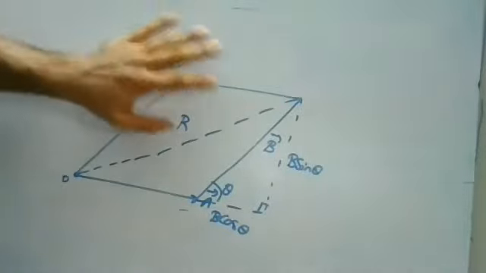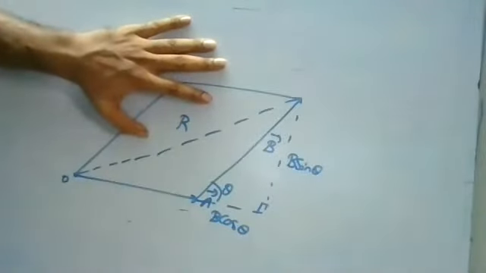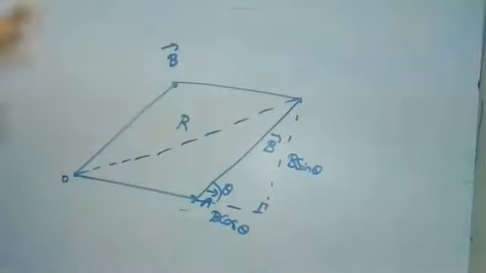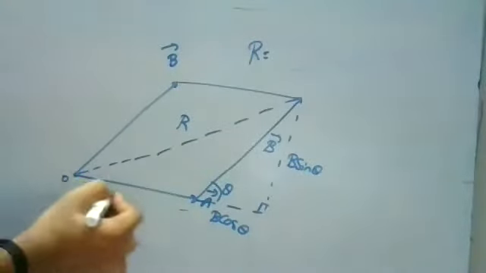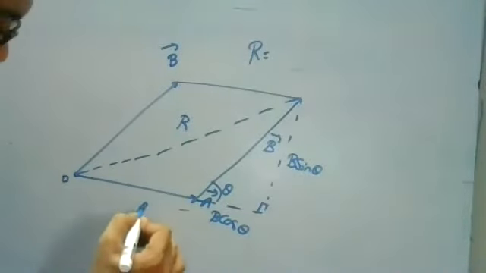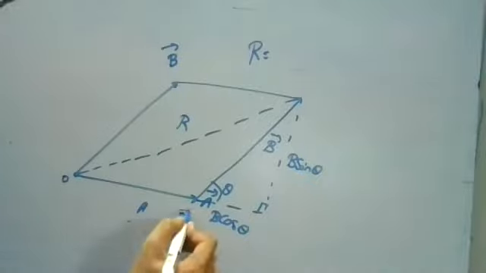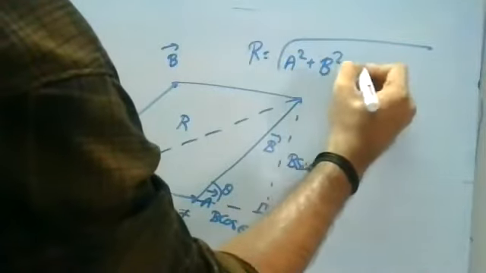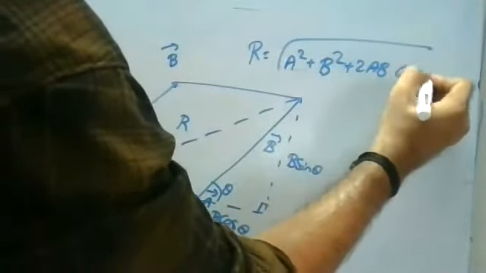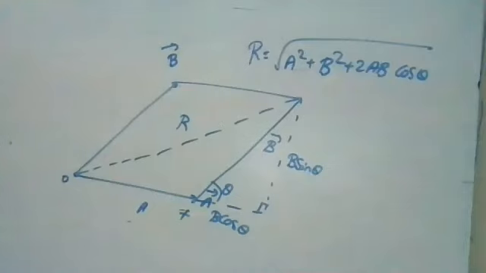So I erase the parallel lines portion and discuss again with respect to the triangle. The formulas we saw for the triangle are the same relations. We need to find the resultant. So R is equal to the hypotenuse relation. Here it is A plus B cos theta, and the perpendicular is B sin theta. So R is equal to the square root of A square plus B square plus 2AB cos theta. It is your resultant relation.